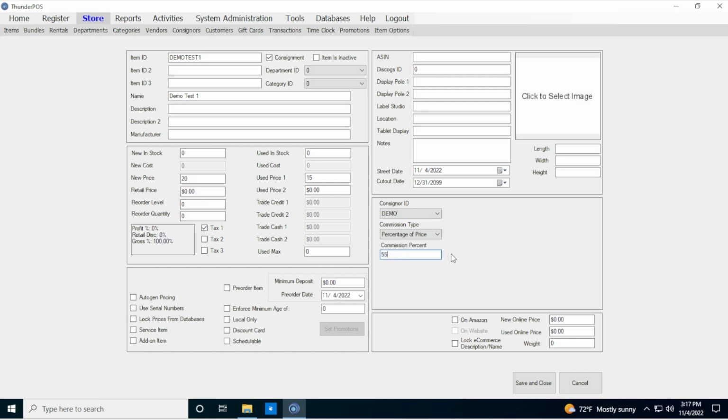So if we say 55% on this item, for example. So, if we don't give any kind of discount or anything for a new one, we would give $11, for instance. So if we save this,